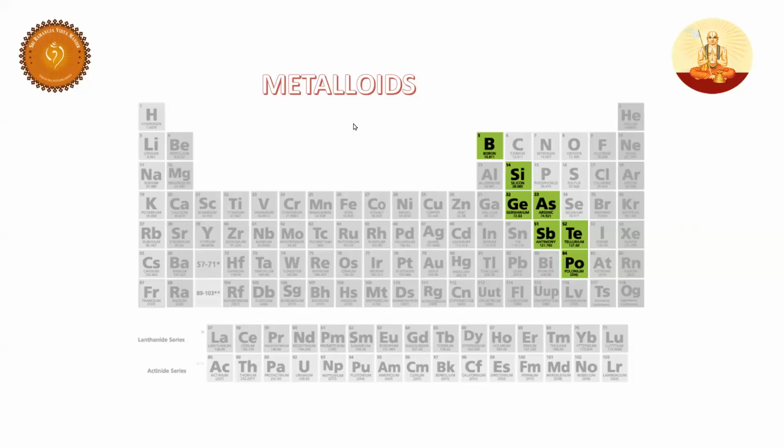So after understanding metalloids, remember students: boron, silicon, germanium, arsenic, antimony, tellurium, and polonium. These are all metalloids. So what is our area of discussion? Our area of discussion is the fifth group. It contains two metalloids, arsenic and antimony. Students, in the first year, you have studied the third group. In the third group, what is the metalloid? Boron. In the fourth group, you have a couple of metalloids, silicon and germanium. Similarly, in the fifth group, you have arsenic and antimony, and you are expected to memorize.